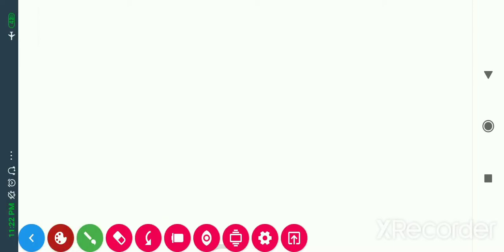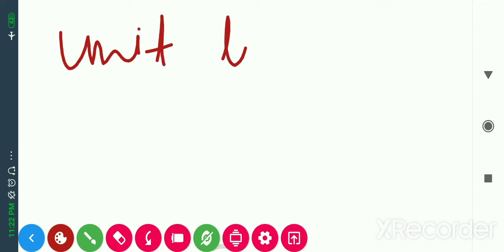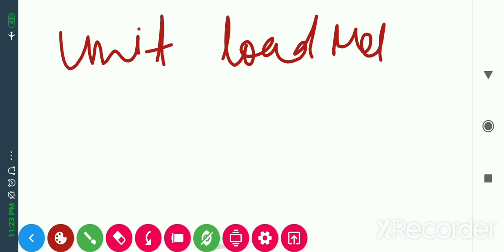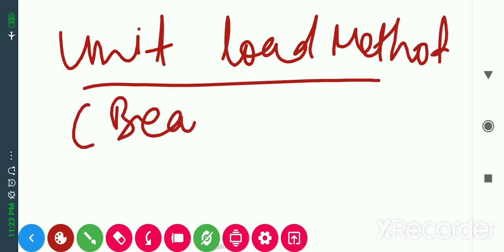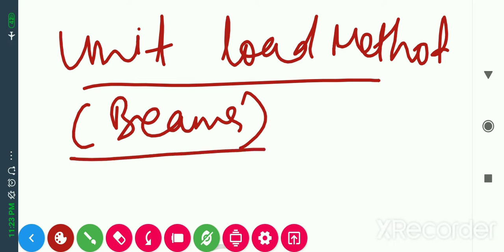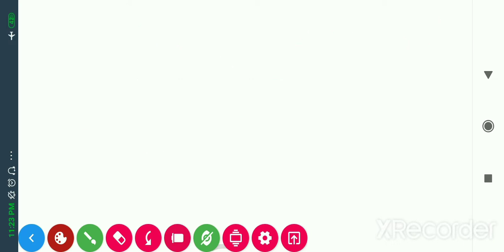Hello everyone. In the last class we have studied the unit load method, and we have covered topics related to beams. So in today's chapter we will cover the unit load method